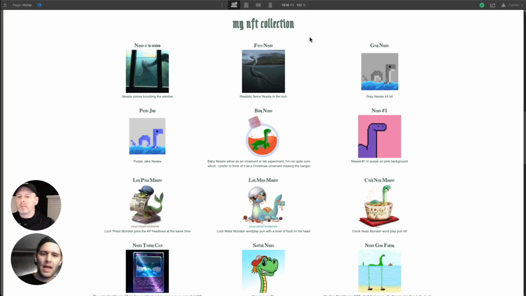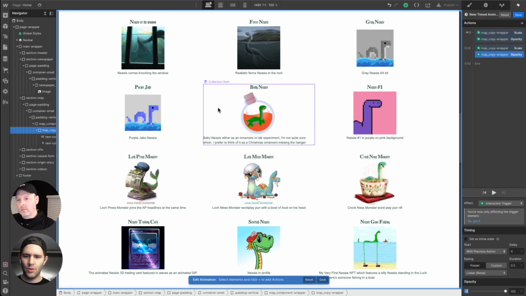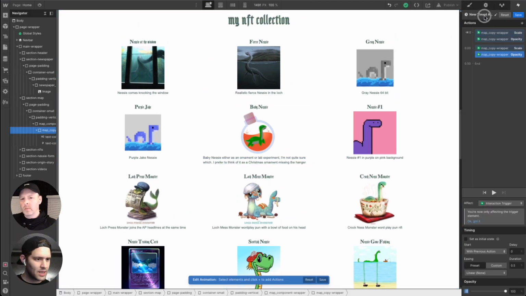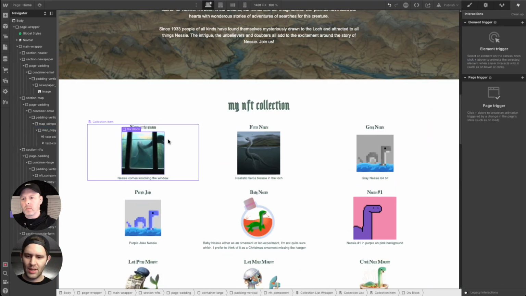All right, so I would say we should now do a hover animation. So let's go to these ones. So let's save this. I should actually name that. We're going to call that map copy in. All right, we'll save that animation. And then we'll go here. So let's grab,